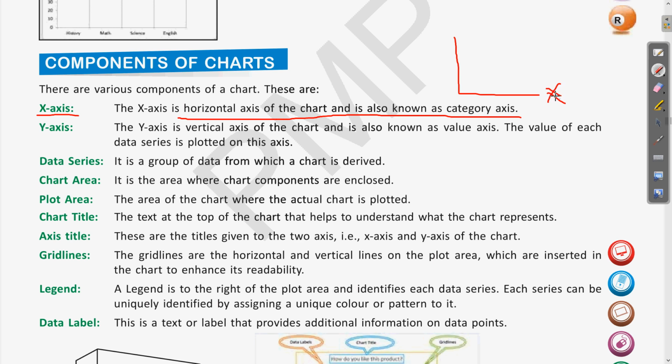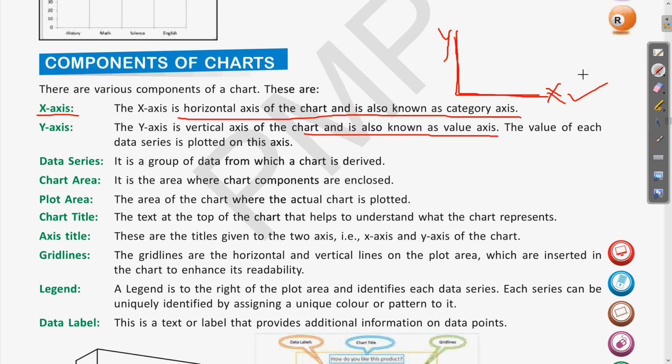Whatever value is at the horizontal, whatever data term we are using, will be depicted or represented on the x-axis. Then the y-axis is the vertical axis. The y-axis is the vertical axis of the chart and is also known as the value axis.